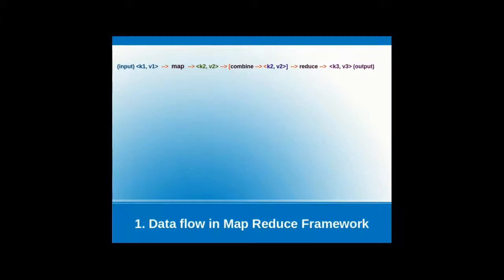These key value pairs will be the input for the combiner if we have a combiner. If you don't have a combiner, k2 v2 will be the input for the reduce phase or reduce method. The reduce method will create the output in the file system,